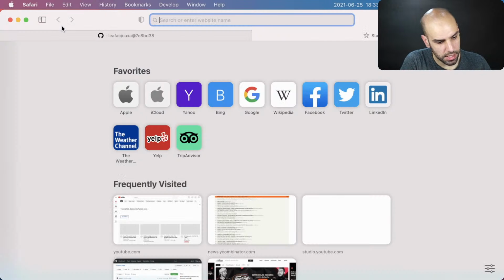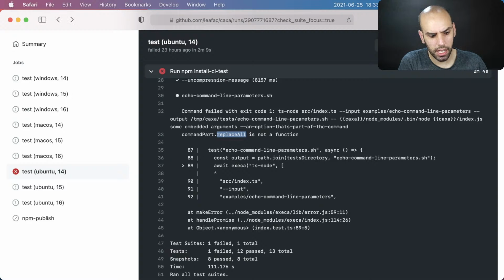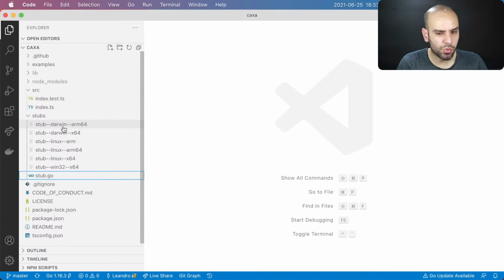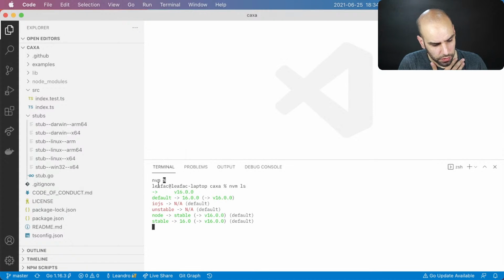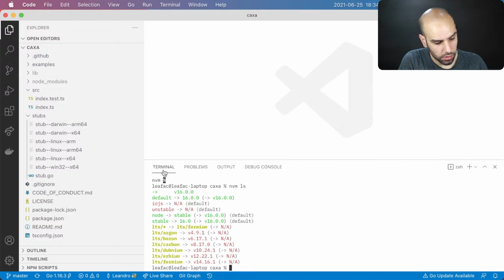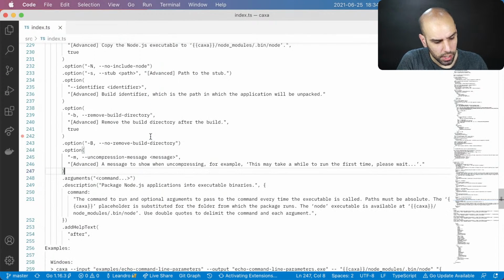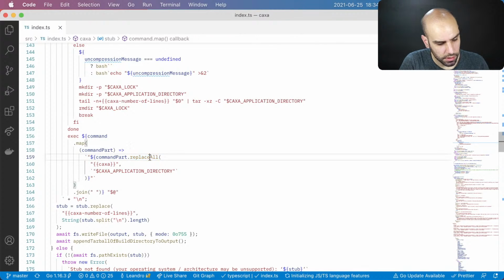What I wanted to type was this. So I don't think it's even a Node.js API. I think it's just a JavaScript API and it's not supported in Node 14. So what we could do is try to run this locally to reproduce the problem, and I think that I may even have an old version of Node already installed. No, it seems like I don't even have that. And we could just reproduce the problem locally, but since I already know the problem is just that replaceAll is not defined, instead, we'll have to use a regular expression